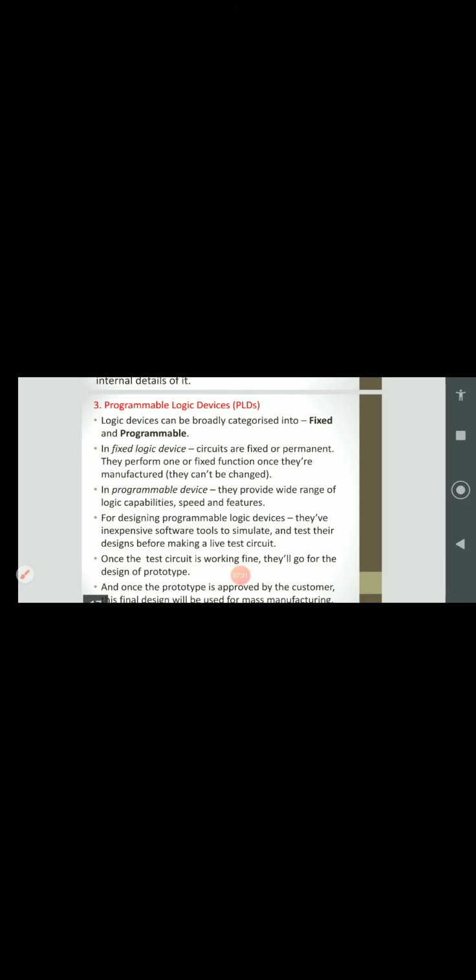You can show that prototype to the customer who has asked for it, and once the customer approves that prototype, the final design will be used for mass manufacturing. Unless there is an approval from the customer, the manufacturer will not go for mass manufacturing.